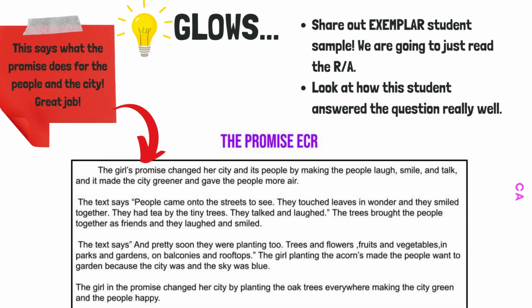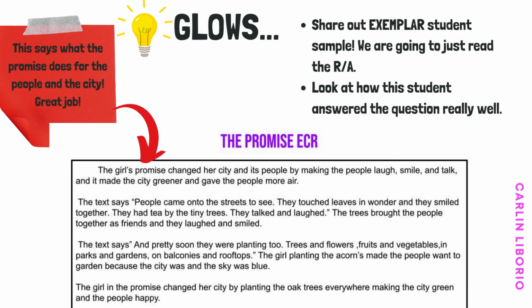Okay. And then the other thing you could do, I wanted to throw this idea out there that I do all the time, is if the student is just not getting it, sometimes what you can do is stop everybody, time out, and share on the smartboard or under the document camera an exemplar student sample. And you don't have to read the whole essay. You could just look at the RA and you could say, wow, let's everybody stop what you're doing. Let's look at the student's RA and give them a shout out.